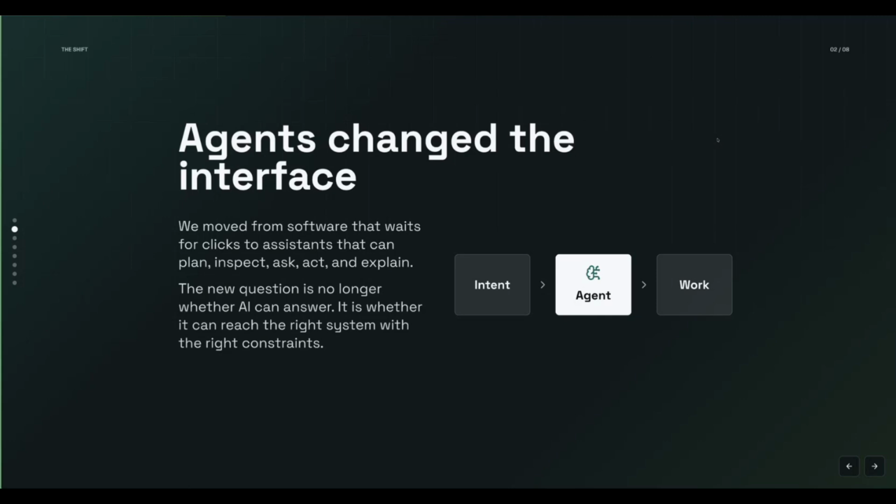agents, when they came into the foreground, obviously revolutionized how users work with LLMs. So with these large language models from frontier providers like OpenAI and Anthropic, there were still things that were lacking.